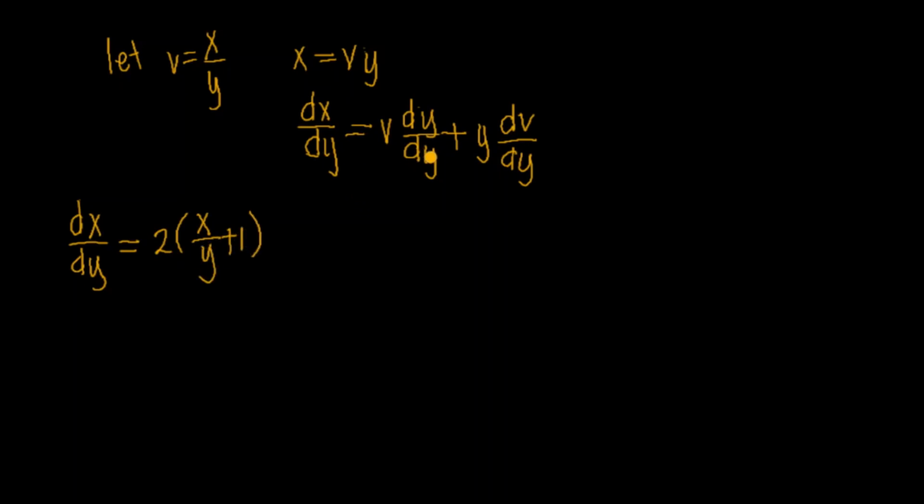Now let's plug this in our left hand side expression. Since dy over dy is just 1, we can cancel this. So our dx over dy is now v plus y dv over dy is equal to